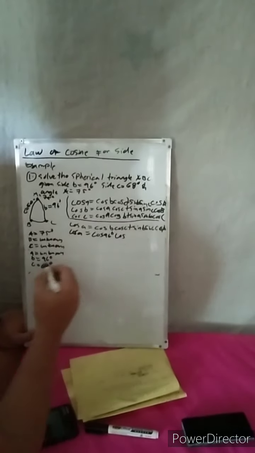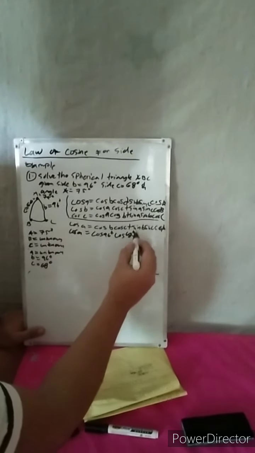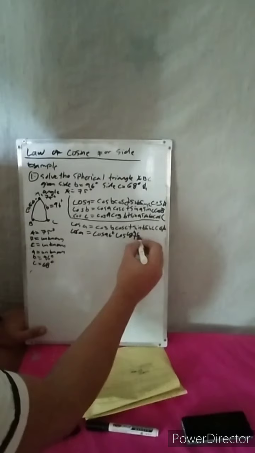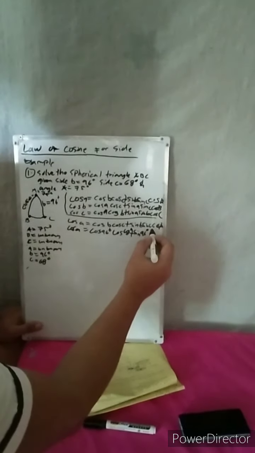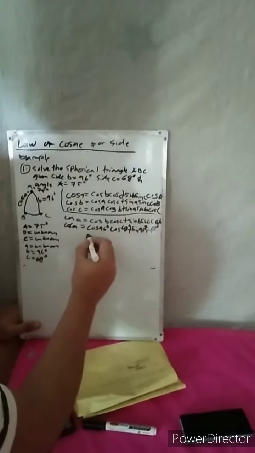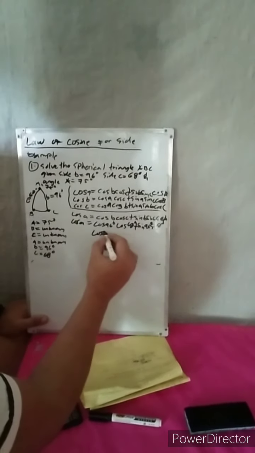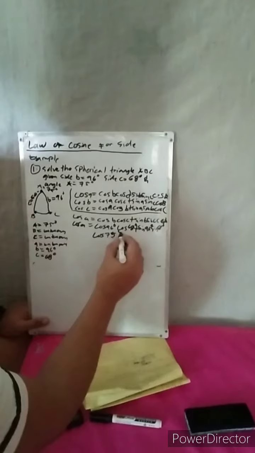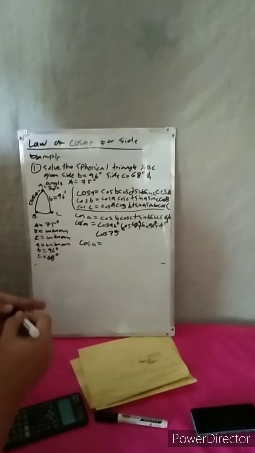Sa cosine C we have 68 degree plus sa sine B we have 96 degree. So ang sine C 68 degree. Ang cosine A we have 75 degree. So cosine A is equals